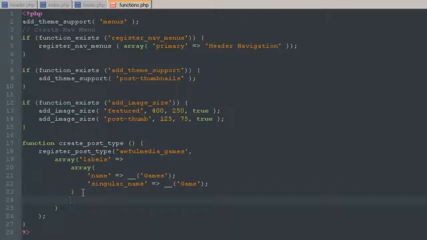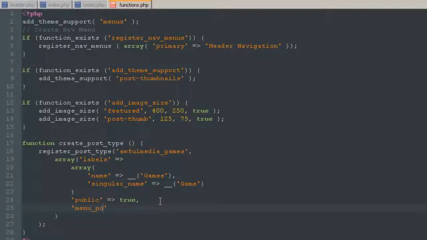So while still inside of the first array, we're going to define public. And we're going to say, yeah, post type is public, sure, true. And we're not ending that there, actually. We're going to go ahead and go down and add another one, which is what I didn't do here. That's a comma, not ending the string. We're actually putting a comma, so we're saying there's another one below this we have to define. So under public, we're going to say